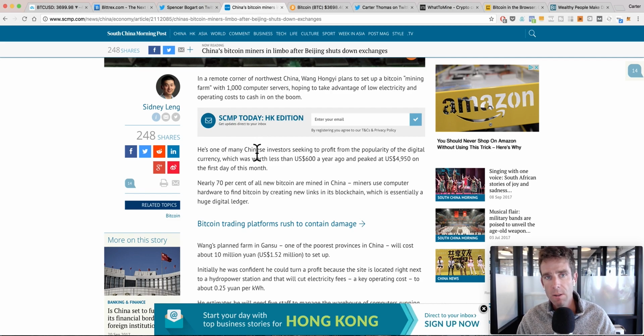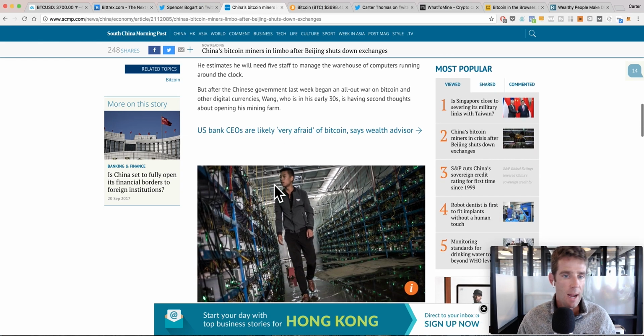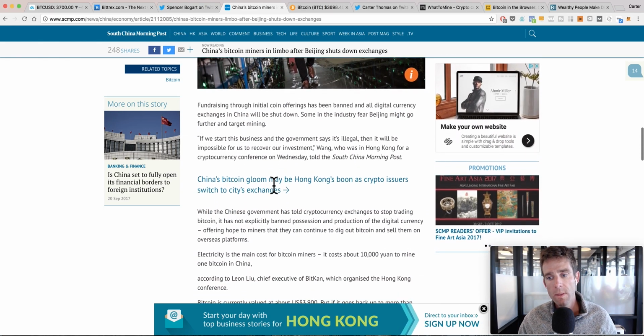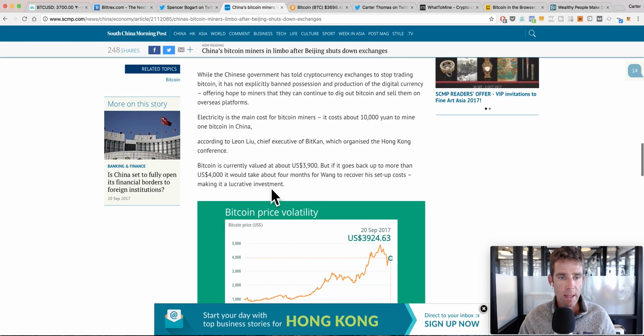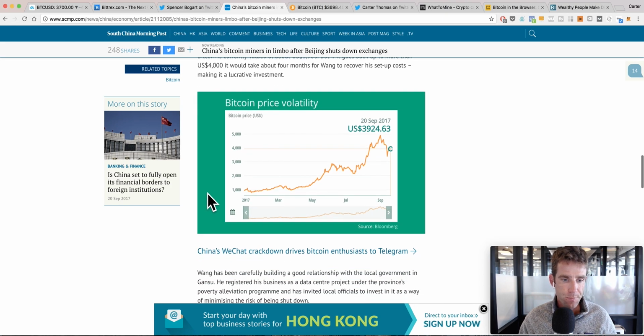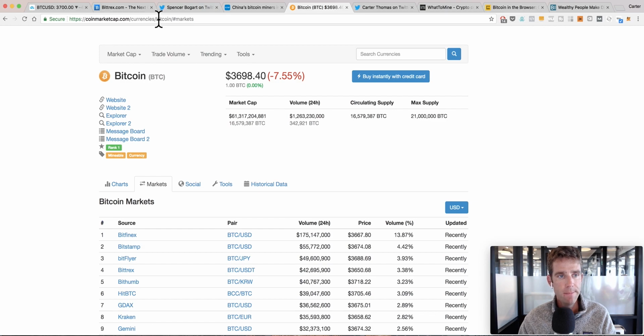So you ask yourself, all right, if these miners get shut down, then what? You can see what this means in terms of how many miners are involved. What exactly would this imply for the number of miners? How much Bitcoin are they actually mining? And things like that. The third piece, which I thought was really interesting, is when you go over to CoinMarketCap,